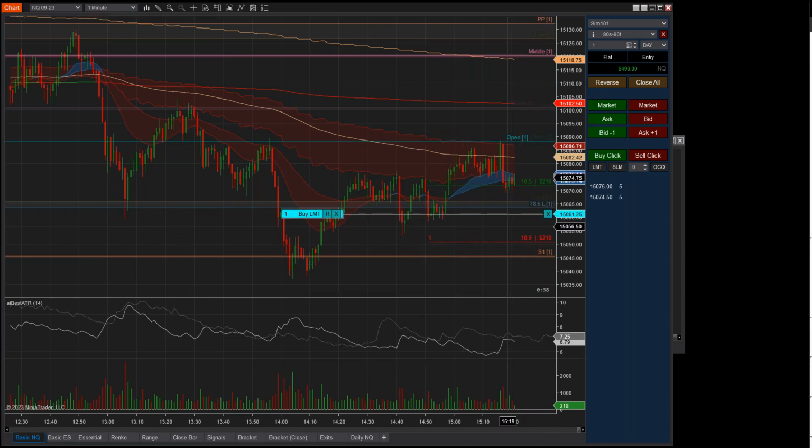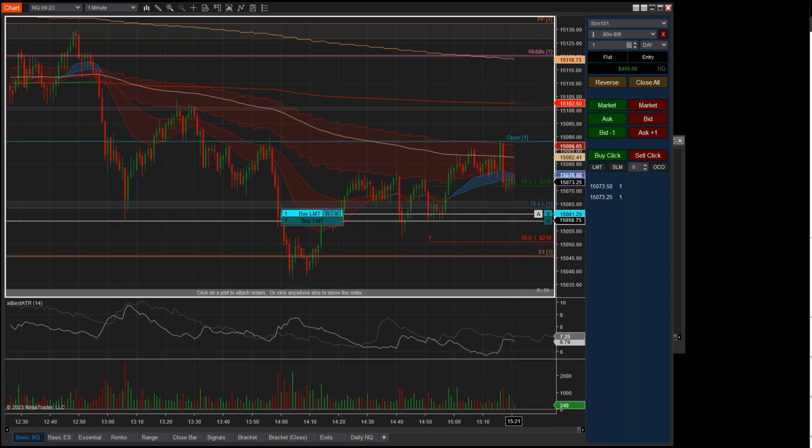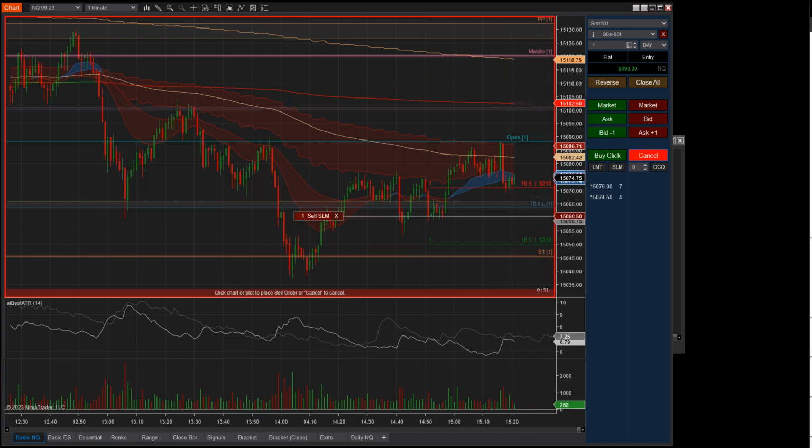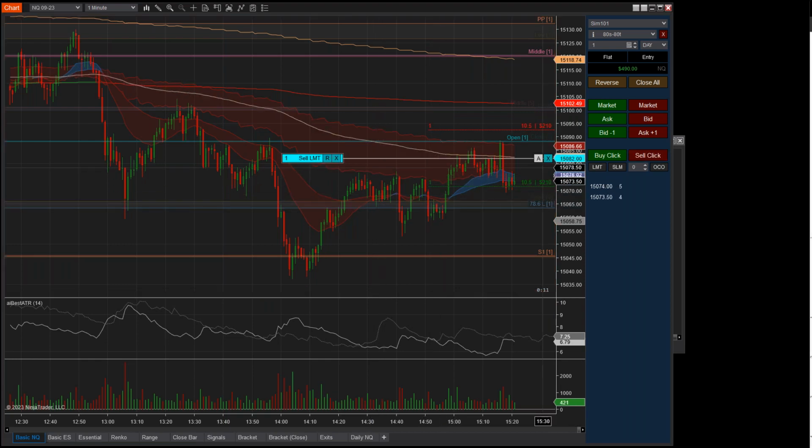And again, versus the right clicking, I think this buy and sell click is a great way to place your orders. As you're placing this, you can also select a plot. So you can see as I'm hovering my mouse over these plots, you're able to see what's going on. This is the 5-minute 50 EMA. This is the VWAP. Here we've got the 200 EMA on a 1-minute chart. So let's say I want to sell the 200. I'm just going to click right here and immediately my sell limit is now attached. You can see the A to the 200 EMA.